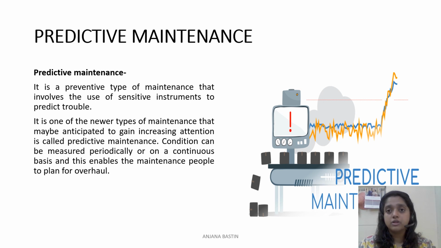Suppose there's overloading, that is, a lot of people get inside the lift beyond the limit, then the lift would give signals and it would not move, right? So this is the main concept of predictive maintenance, and especially when you travel by car, if one door is not closed,